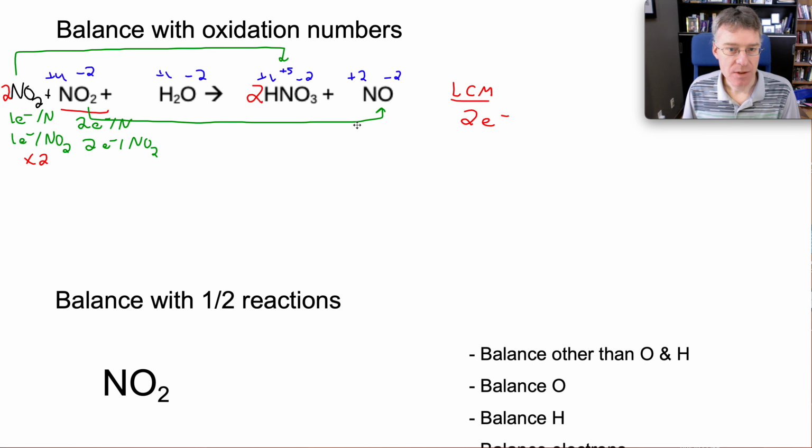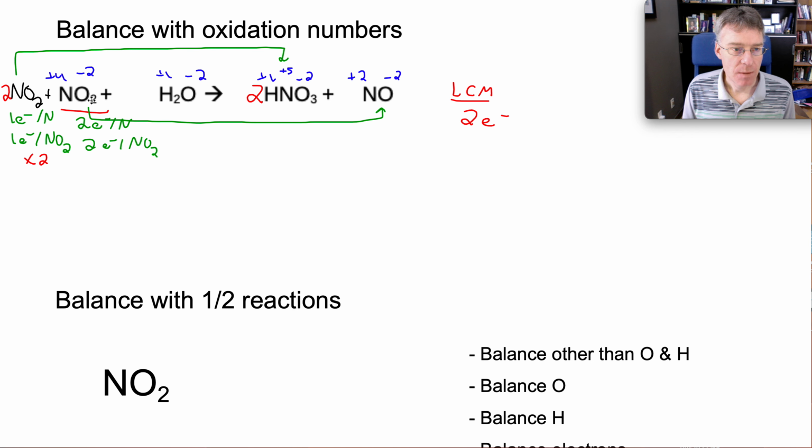This 1 N is going to end up there. So we've got 1, 2, and a third at the beginning, 2, and a third, 3 at the end. So our nitrogen is balanced. Balance oxygen with water. So we have 2 times 2, 4